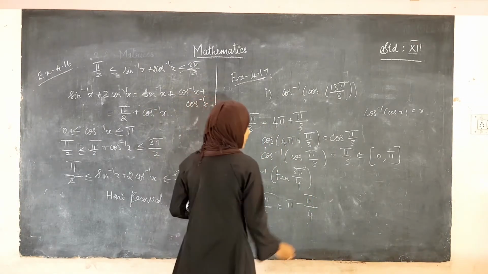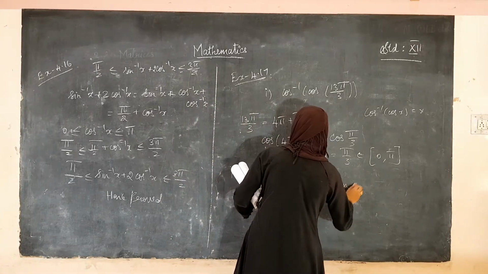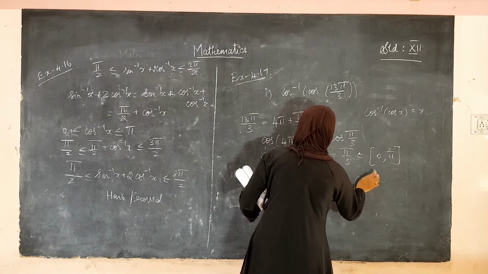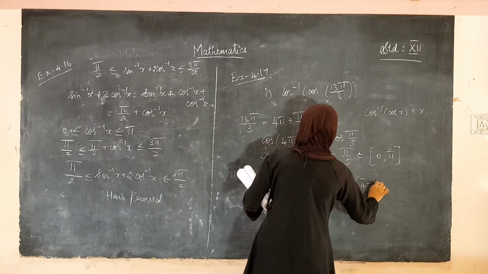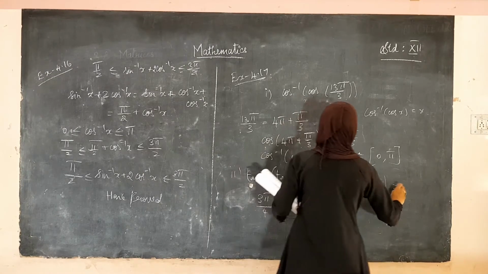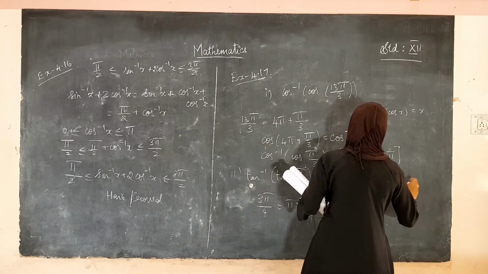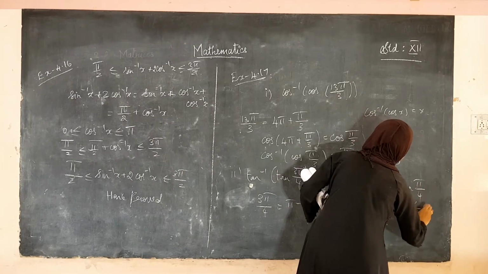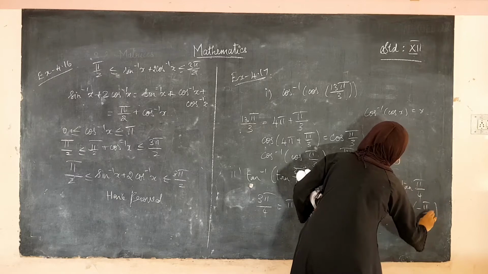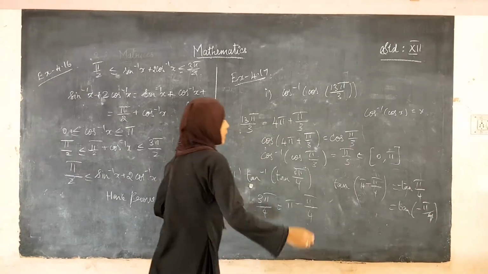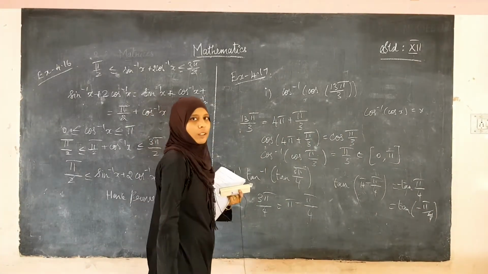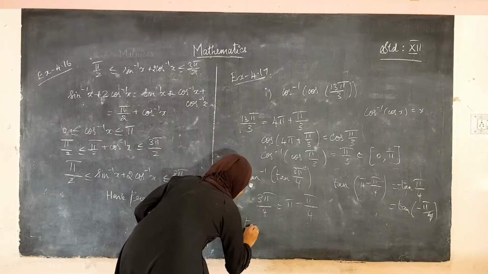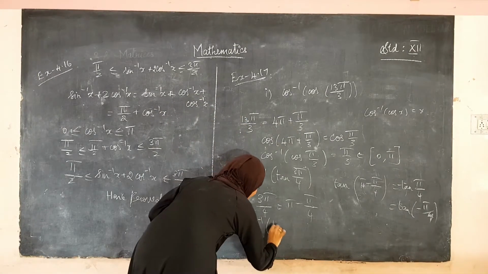So, see here, tan of 3 pi divided by 4 is written as pi minus pi by 4, which is equal to minus tan of pi by 4. This can be written as tan of minus pi by 4. So, using the property tan inverse of tan of x is equal to x, then tan inverse of tan of